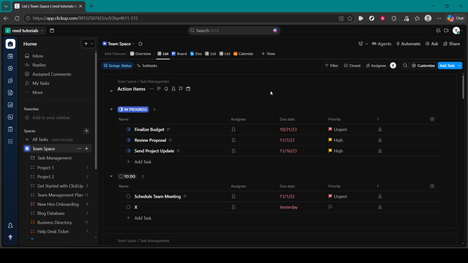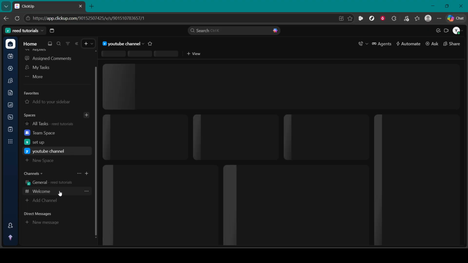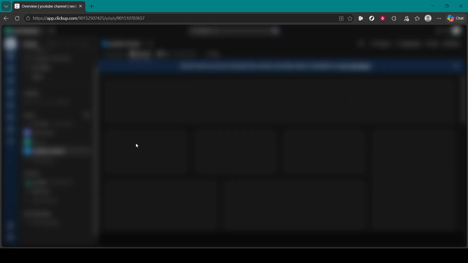Start by opening ClickUp in your browser or desktop app. Once you're in your workspace, look to the left sidebar where your spaces are listed. A space is a high-level container for work, like a department, a project theme, or a personal area. Choose the space where you want your habit tracker to live. Many people like using a dedicated personal space so routines don't get mixed up with team tasks, but use whatever